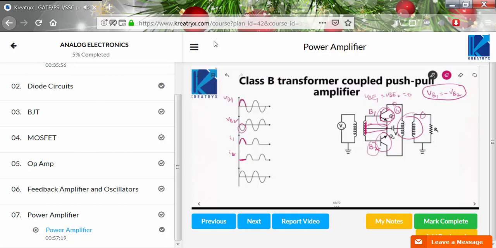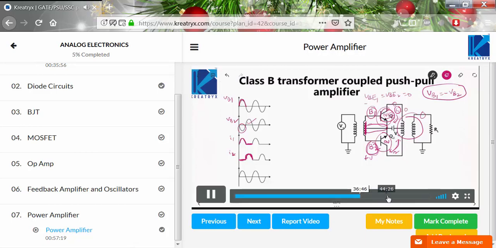Next, when VB2 is positive, what about VB1? It is negative. VB2 positive means the Q2 transistor will be on and this will be off. Because Q2 is on, the I2 current will flow and the I1 current will be 0. Now this I1 and I2 will flow in opposite directions. See here, I1 is flowing like this and I2 is flowing like this, opposite. One is anti-clockwise, another one is clockwise,